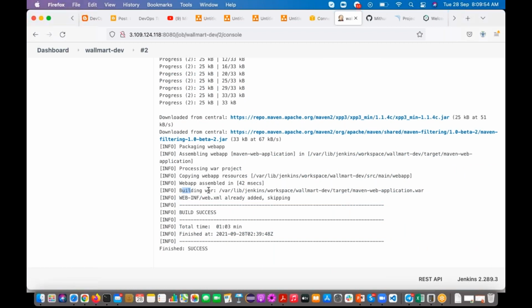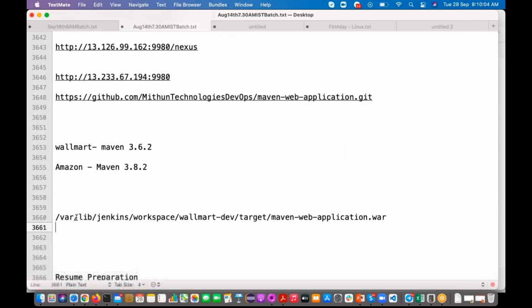If you see, it is building a war file; observe that it has created a war file. Just copy this one. It has created the maven-web-application.war file. So if you see here,